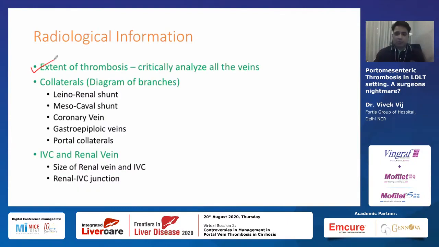So what I propose, in all the cases, is that we draw a diagram of the thrombosis, the complete thrombosis, including the SMV, splenic vein, and portal vein, and we also draw a diagram of significant collaterals. Now, there are 5 or 6 types of significant collaterals which we can see on radiological imaging. There are lienorenal, which are the most common, mesocaval shunts, coronary veins, big coronary veins we can see, gastroepiploic veins, and certain periportal collaterals, which are choledochal collaterals. Sometimes choledochal collaterals are embedded into the wall of the bile duct.